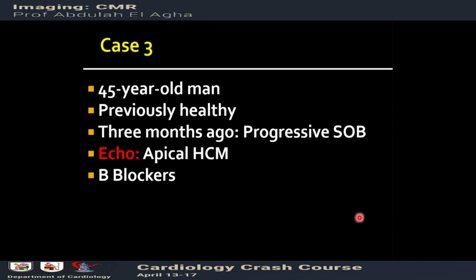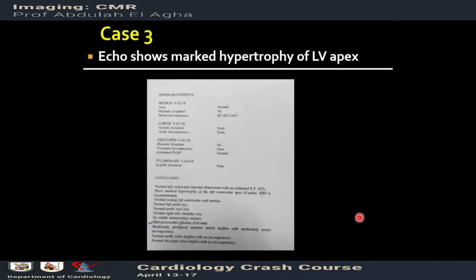A 45-year-old man, previously healthy. Three months ago, he started to complain of progressive shortness of breath. He did an echocardiography, and he was diagnosed as apical hypertrophic cardiomyopathy, and a beta blocker was prescribed. The patient didn't improve on the beta blocker. Shortness of breath is progressive and it's worsening. The patient did several